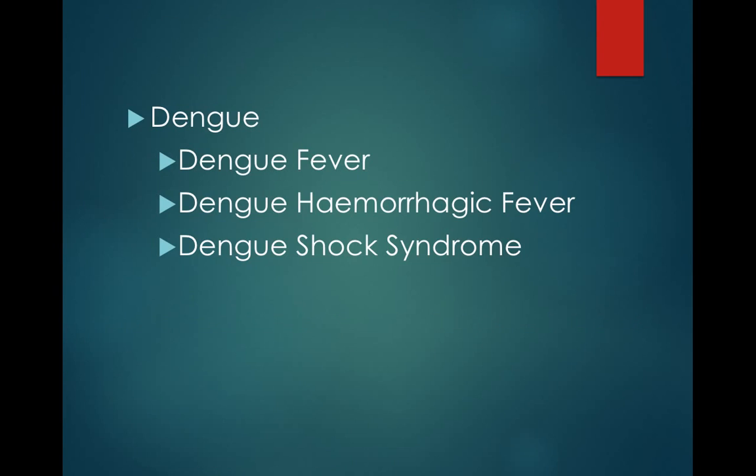Now, this dengue can either manifest as dengue fever, it could be dengue hemorrhagic fever, and even it could be dengue shock syndrome. So, the most common one is dengue fever, where we usually get the symptoms we have seen earlier. But if there are hemorrhagic manifestations, some bleeding tendencies, then this is called dengue hemorrhagic fever, which is a bit more severe condition than dengue fever. But if there is so much bleeding, internal bleeding or all that, then it may convert into dengue shock syndrome, and it's a very emergency condition then.